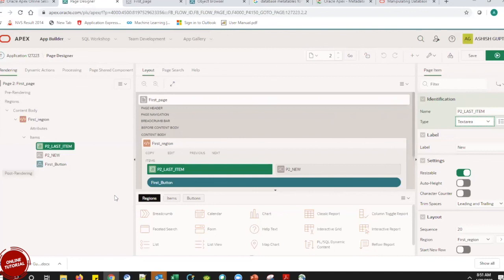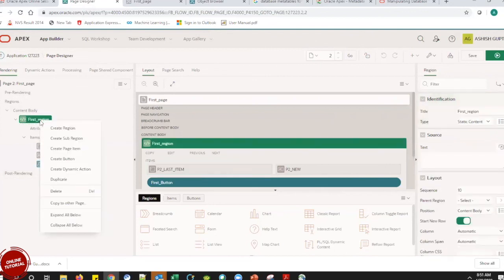If I define a second region also, will it adjust accordingly? It is going to do it accordingly.